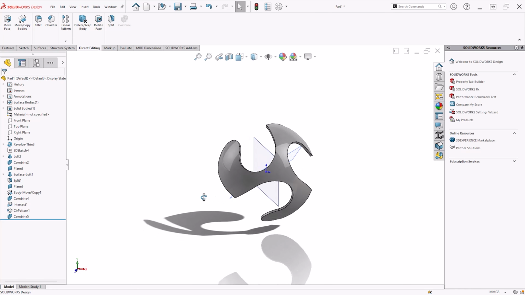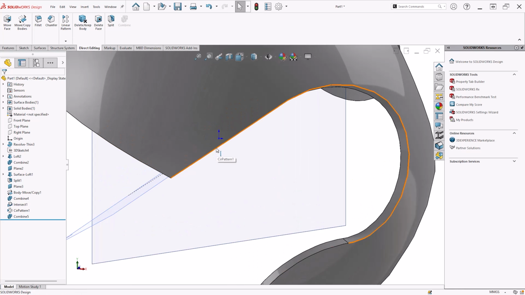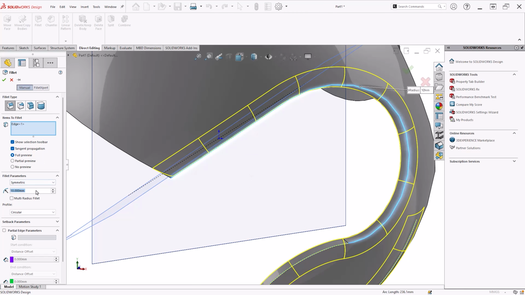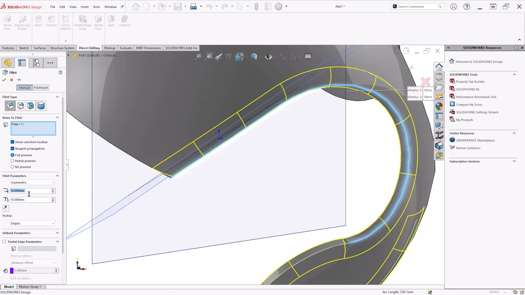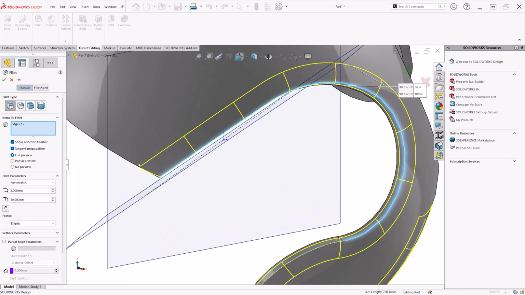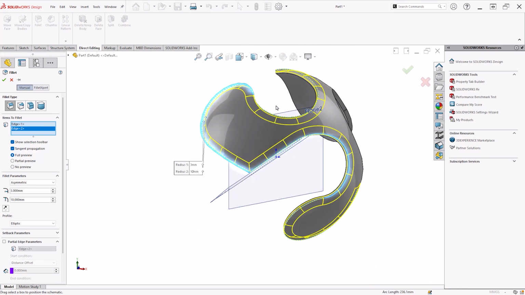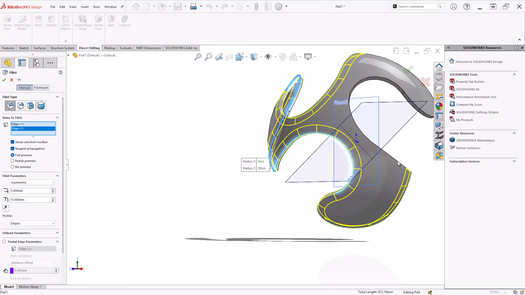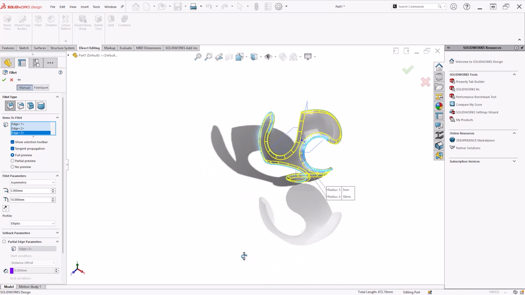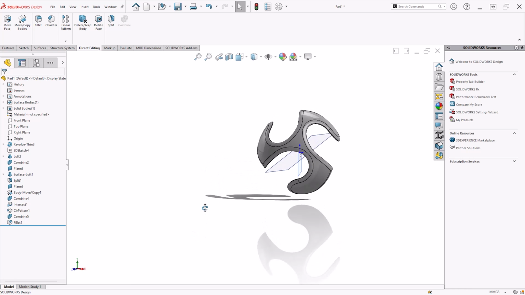We might want to do a little finishing touch on this. So if I go and maybe add in a fillet, I'm going to make it asymmetric. So maybe 3 mil and 10 mil. Let's try that and see how that looks. We'll just go round and select hopefully just the necessary number of edges. That seems to have worked quite nicely. So here we have a panel of our football.